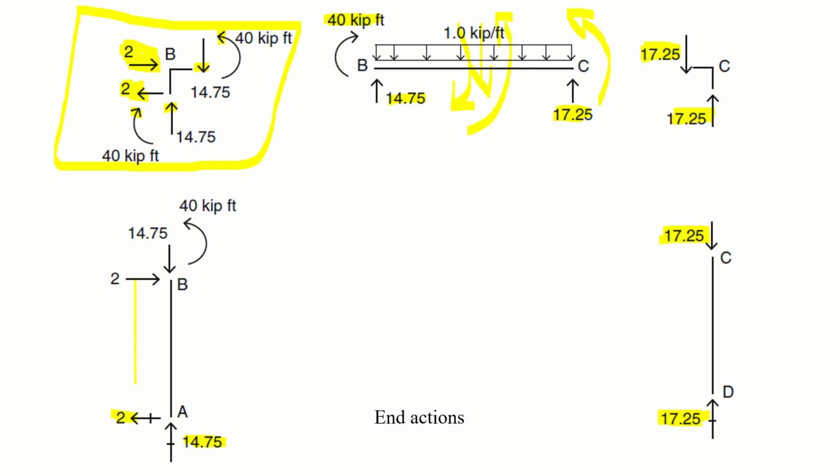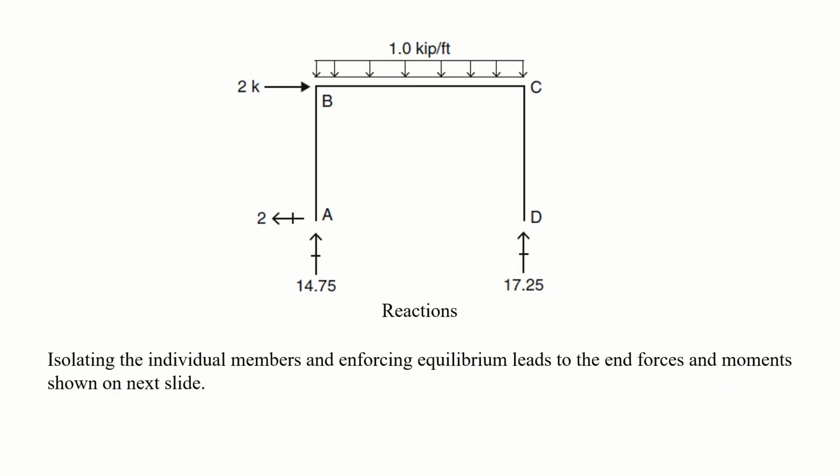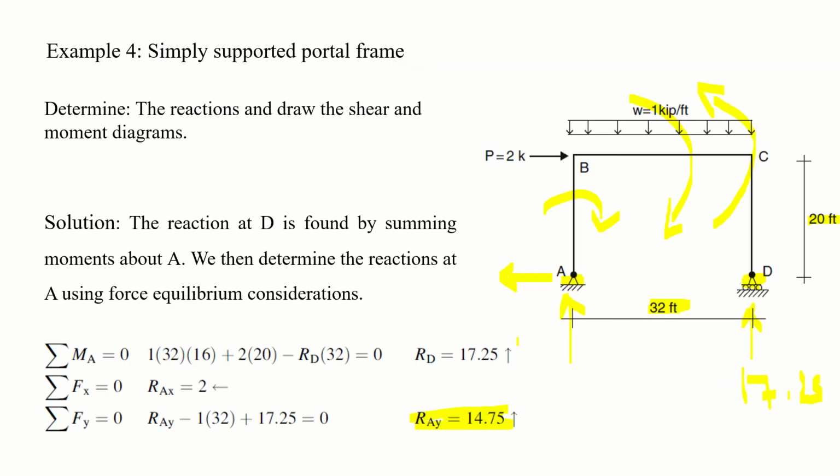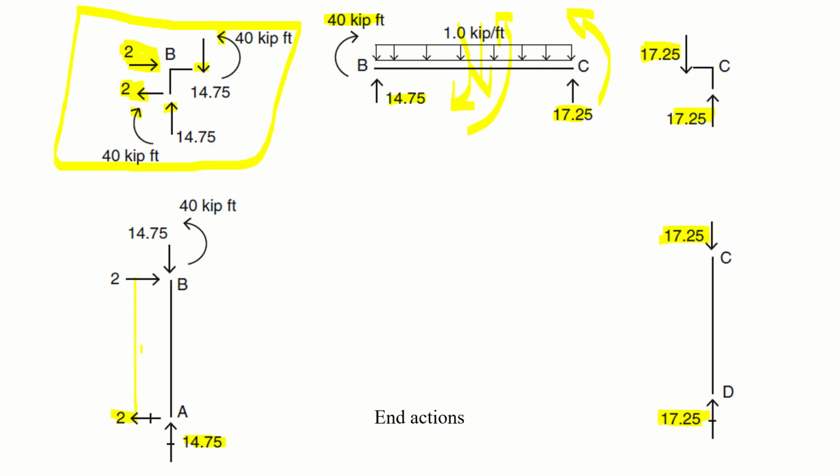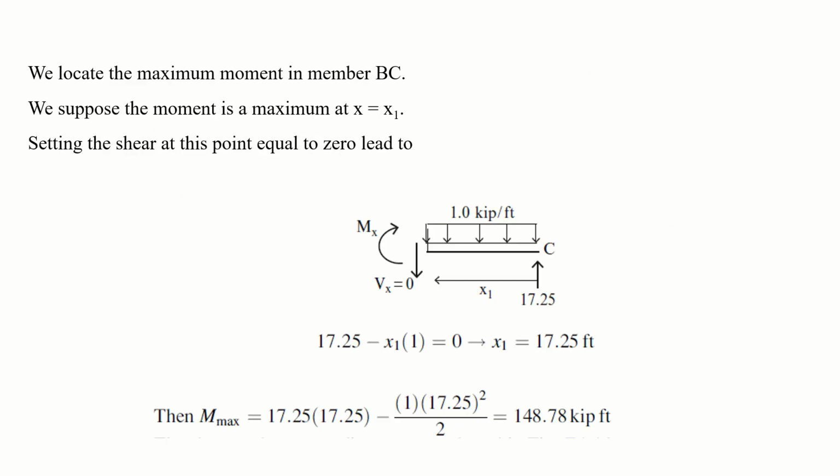The bending moment produced by this couple, this force of 2, and what is the perpendicular distance? This is 20. So 2 into 20 is 40. 40 is produced in the clockwise direction, which will be resisted by this anti-clockwise 40 kip-ft. So there will be no bending moment at point A. And as we know, the hinge support cannot resist bending moment.